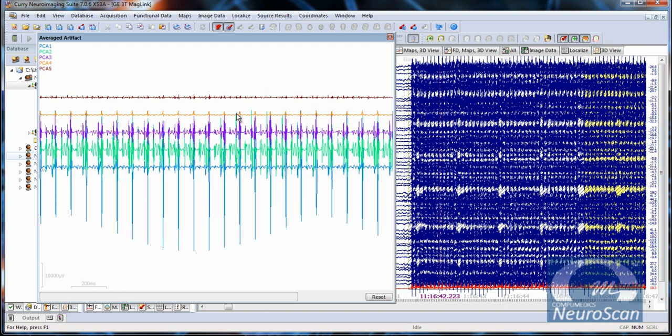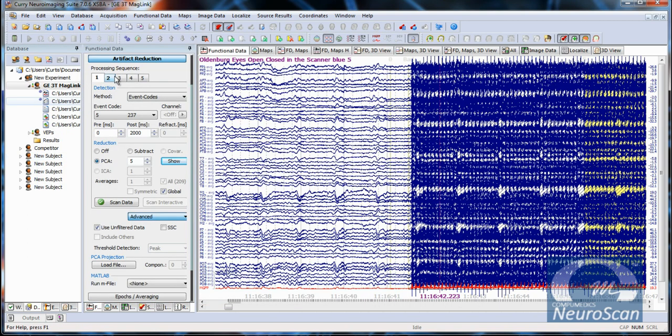Clearly though, these are fairly distinguishable and consistent, certainly the first 4 components and the 5th as well from working with this data, are all related to the gradient artifact. I'm going to close that window. Now we're going to move to step 2, which is,